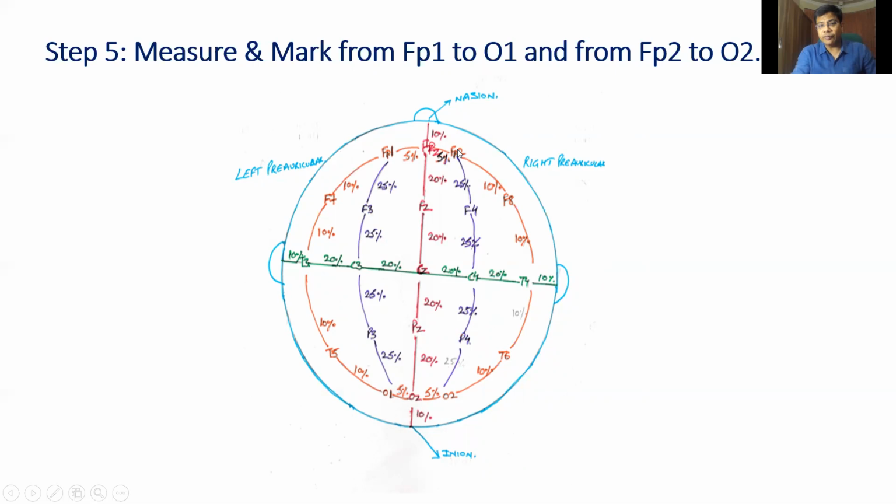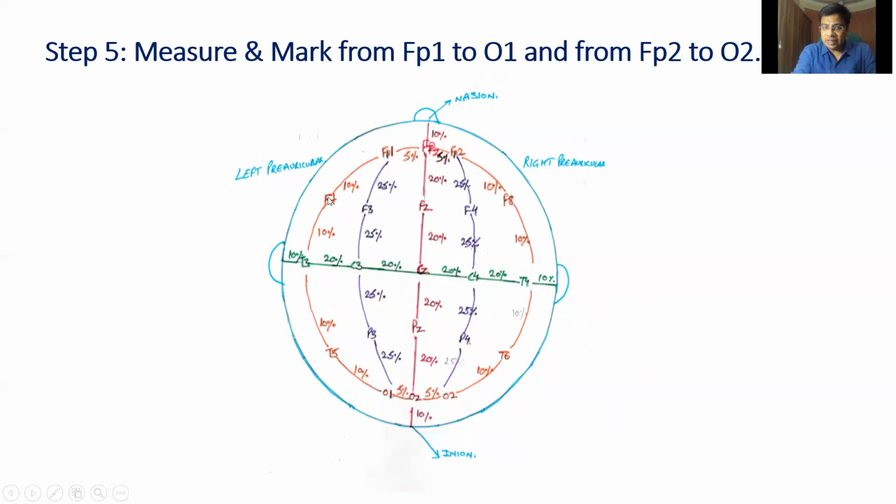Similarly, from FP2 to C4, the middle of this is F4. From C4 to O2, occipital, the middle of this is P4. So what we have done is, we have already found F3, F4, O1, O2, and C3, C4. But I just wanted to inform you, you have found F3 and F4. But the best thing is,